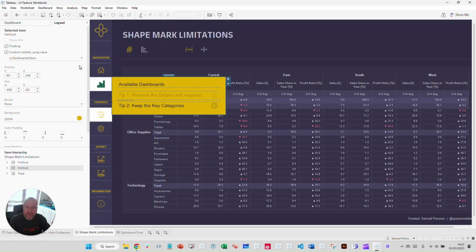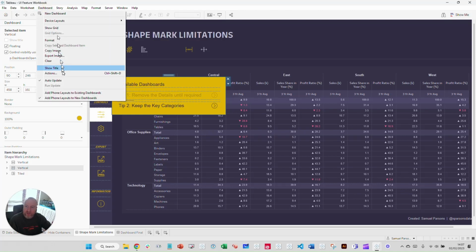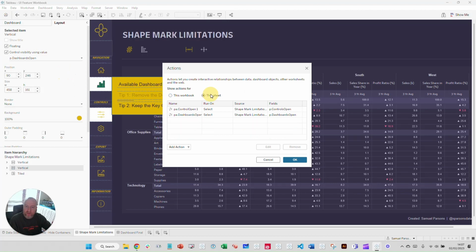Now, the eagle-eyed amongst us will have noticed that every time I hover on this icon, I've got a tooltip that says false. This is a calculation on the worksheet that is preloading the next value for this parameter. So what I'm doing is clicking on the icon, or clicking on the shape mark, and I'm using a dashboard action, this one here. This action here is for the other icon. So my dashboard action is taking that value of false, and if I open it up to show you exactly what it's doing,